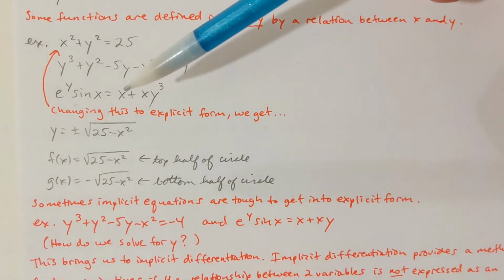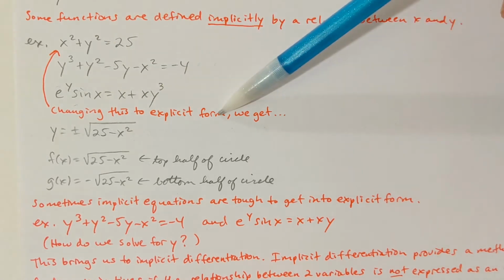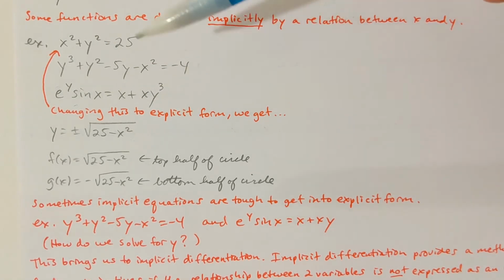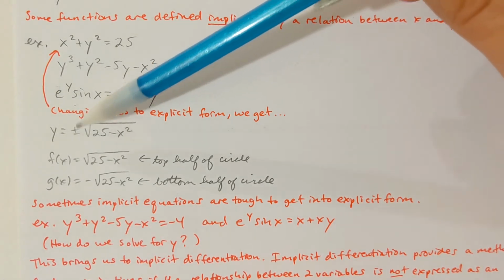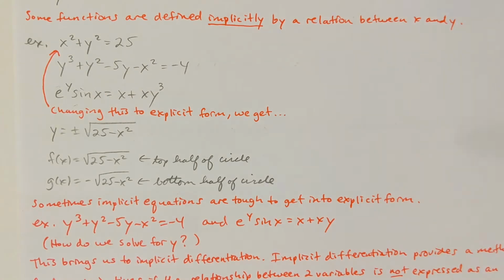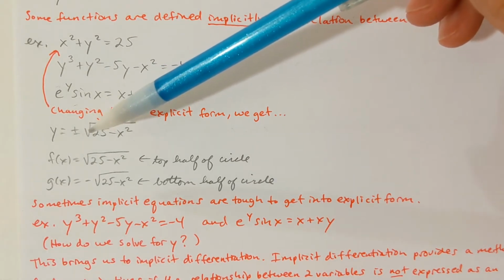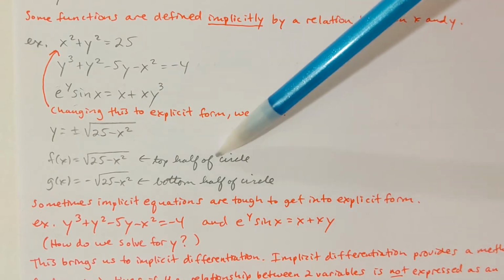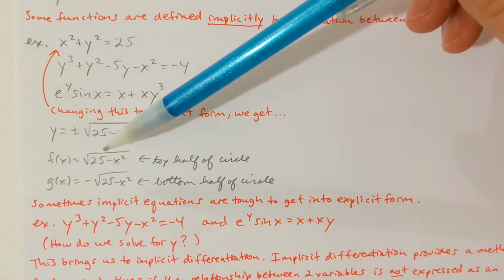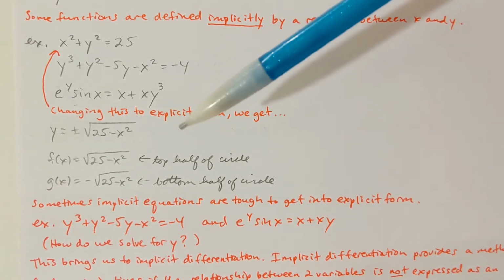Now, suppose that I were to get the top equation into explicit form. That just means solve for y. So let me subtract x squared from both sides and then take the square root of both sides. Of course, I'd want the plus or minus there. Now, x squared plus y squared equals 25 would be a circle. A circle is not a function, because it's going to fail the vertical line test. But if I just had the top half of the circle, which would be the square root of 25 minus x squared,